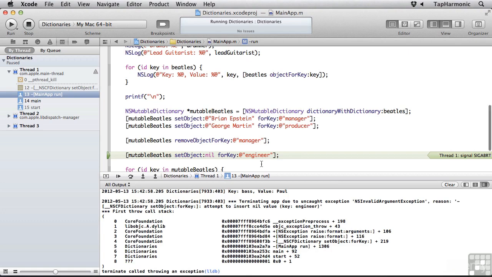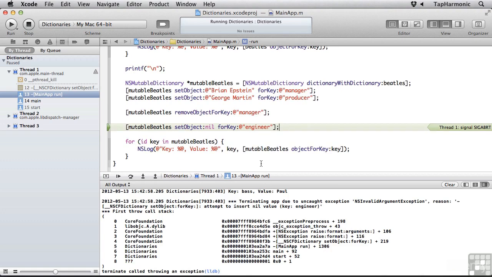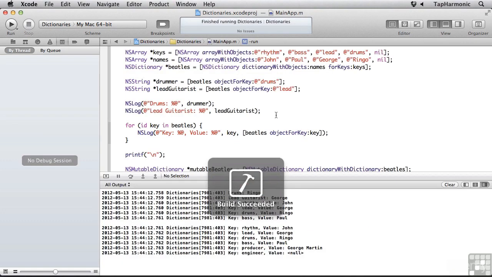What you'll find is that with both NSArray and NSDictionary, neither one of them allow you to insert nil values. But of course, there are cases where the value is unknown. So what do we do? Well, you'll use this class called NSNull, and you call its null method. So anytime you've got a nil value, or essentially the equivalent of a nil value, you would want to specify NSNull instead. So if I run this again, now you see it's much happier, and instead of blowing up horribly,